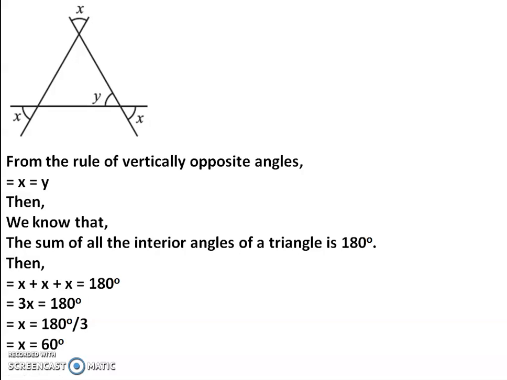So what are the angles inside the triangle? The angles inside the triangle, each angle measures x degree. Isn't it? So I can write x plus x plus x is equal to 180 degree. So 3x is equal to 180 degree. x is equal to 180 by 3 and x is equal to 60 degree. That means this is an equilateral triangle. All the angles are equal. So you can call it an equilateral triangle.